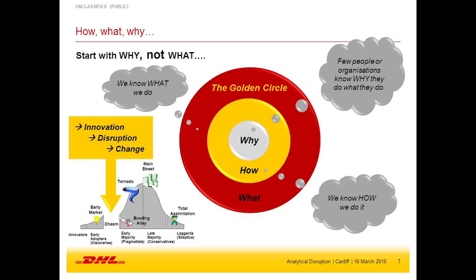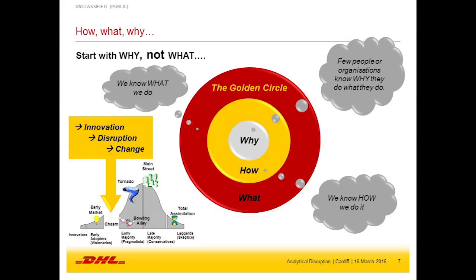And when we talk about analytical disruption, you're probably familiar with this diagram in the bottom left-hand corner, which is about crossing the chasm. Now, traditionally, that is about the technology adoption life cycle, but actually, I think it's very relevant when we talk about data and we talk about analytics. I'll probably get the question later, so I'll answer it now in terms of where I think we fit within that cycle. I'd probably say we're part way across the chasm, but parts of our business are absolutely in the tornado. And I think realistically that's where we are.